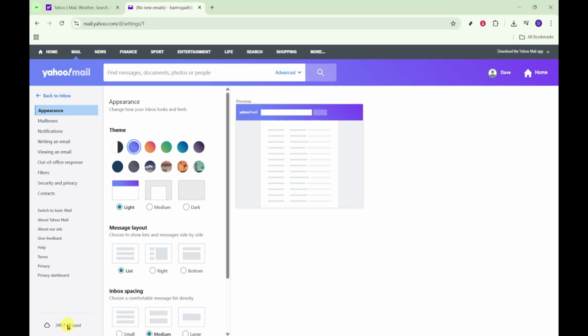That's all you need to view your storage capacity in Yahoo Mail. Open Yahoo, sign in, go to Mail,